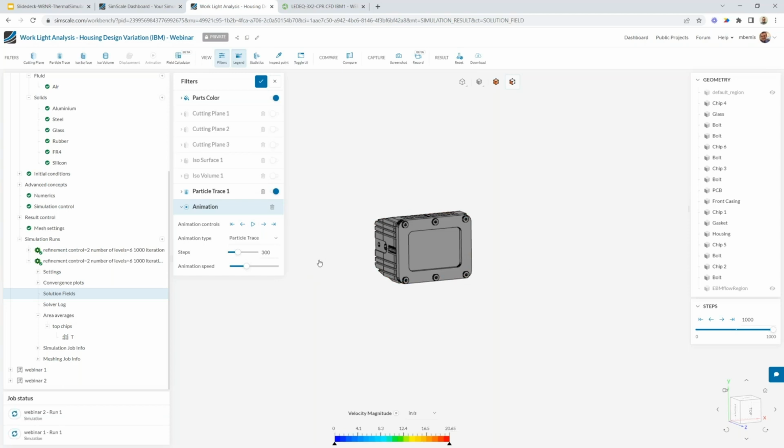All right, so I think that gives you some insight into the solution and how you can get results out. You'll notice these two runs are still going, but I think at this point we can jump back into the